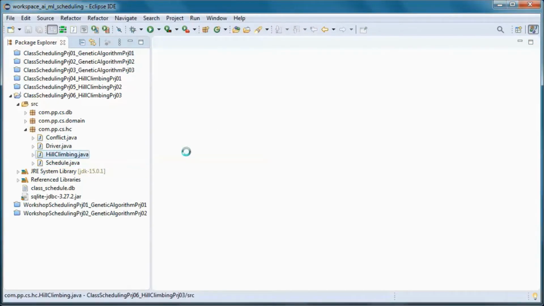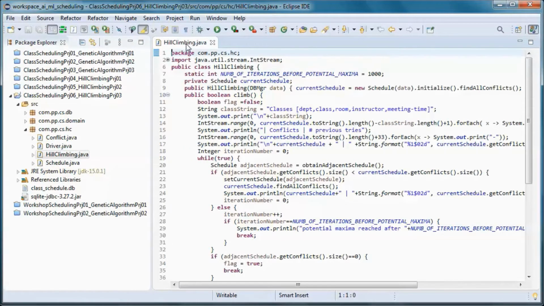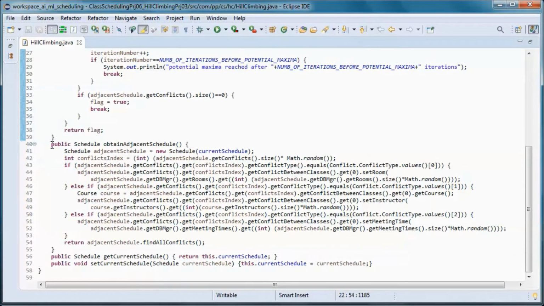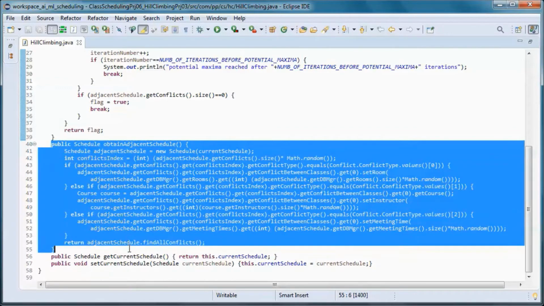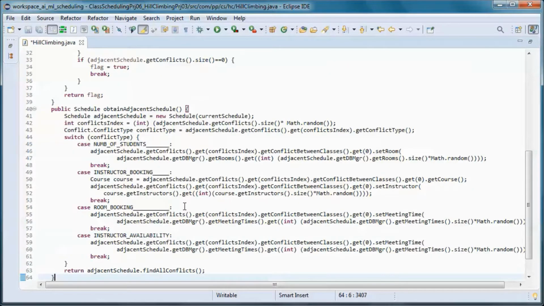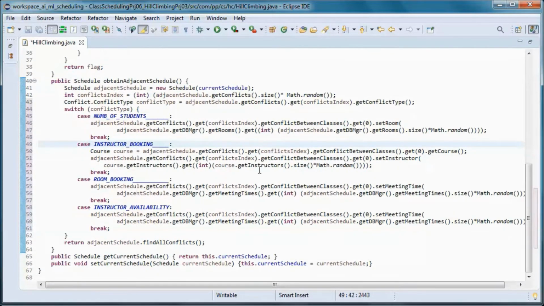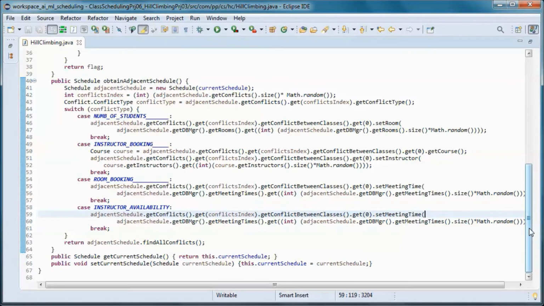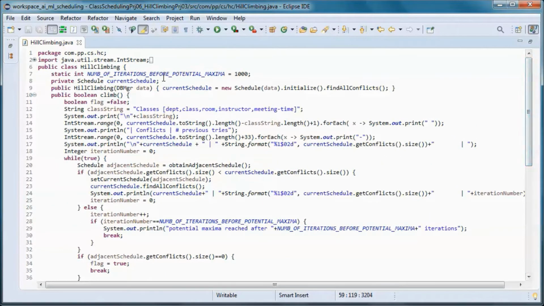Now let's go here and refactor this method. So we added handling of instructor availability, conflict type, and let's refactor this one.